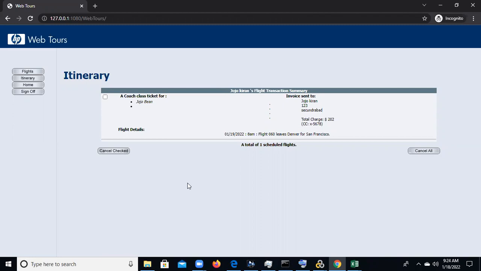So you can do all of this when it is script oriented. Once the script is done, you can replay that script once and come to the itinerary, and you need to check whether it is deleted successfully or not. Got it, right?